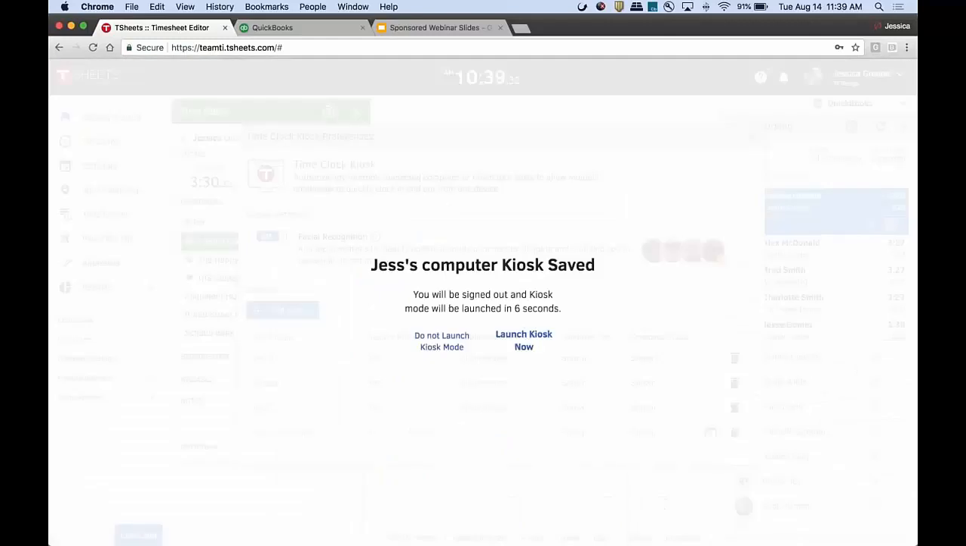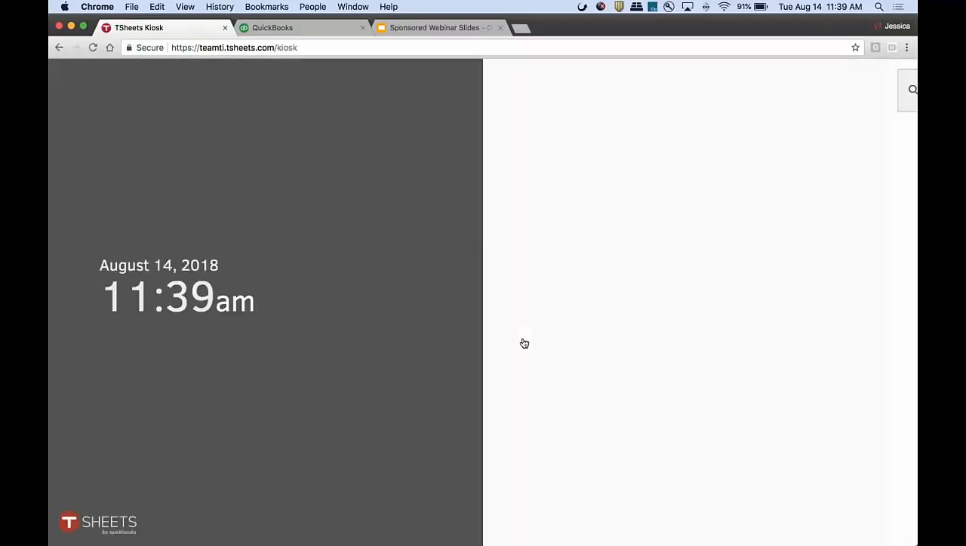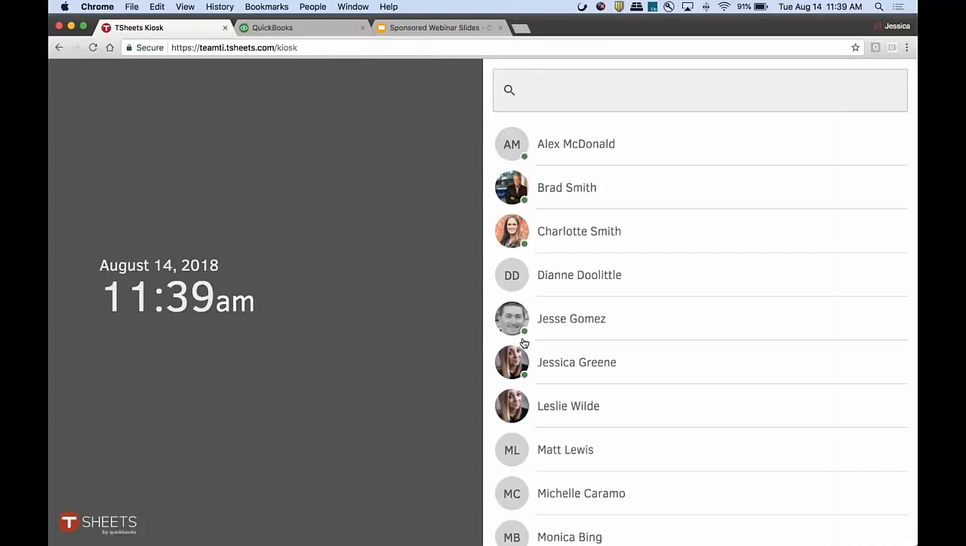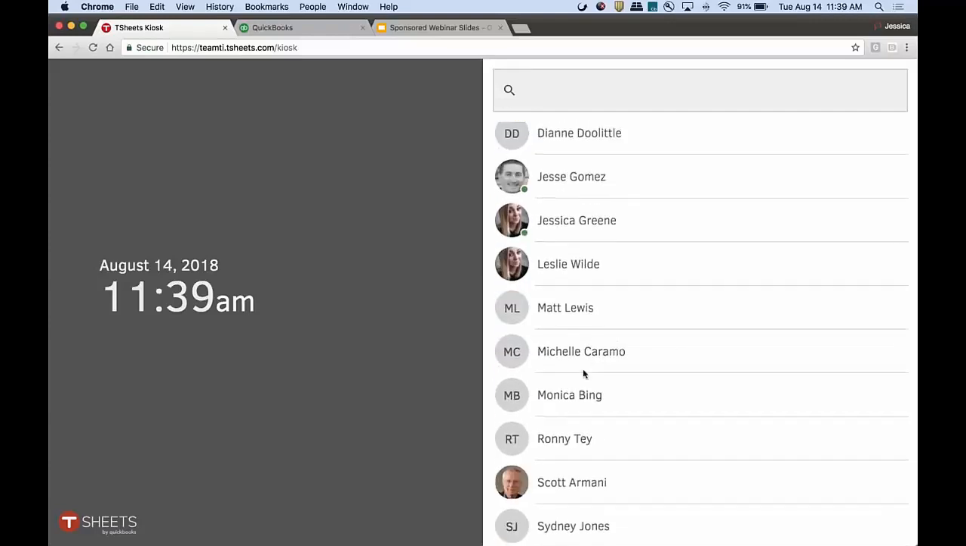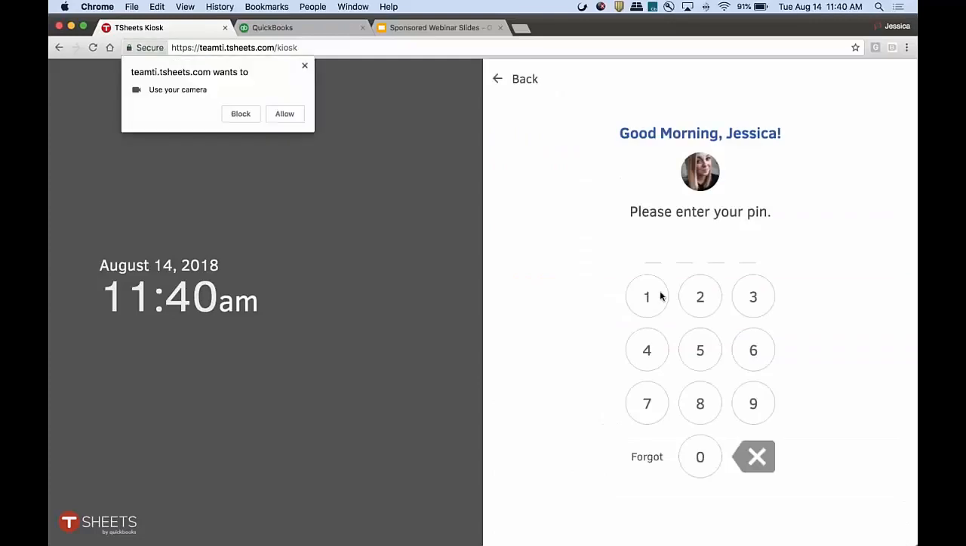But they maybe don't need that location view, the location tracking we do, and maybe they all don't have computers. There's not an easy computer. So this is something that could be set up at the front desk of an office or mounted to a wall in a factory or at a restaurant. It can be set up on a tablet, any sort of tablet, or it can be set up on a computer. And all I do here is just find my name on a list, enter a PIN that's unique to me,